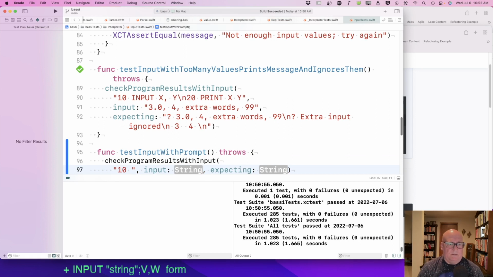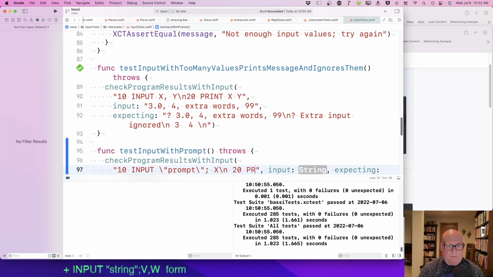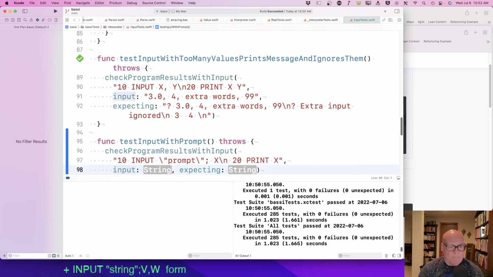Okay, so if we say 10 input quote prompt quote semicolon x and 20 print x, and the input is 42, then we're expecting to see